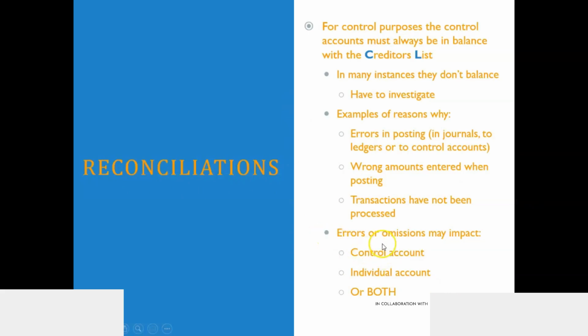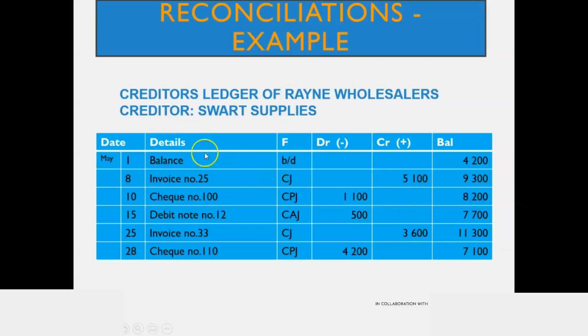Okay, and then we're saying errors or omissions may impact. Obviously, if these things are the problem, then it means that they are most likely to affect what? Our control accounts, or individual accounts. Control account may have like a lump sum of the creditors control, you get it? And then we have individual accounts per creditor, I almost say data, per creditor. Or either they can affect both accounts. Okay. So now we will try